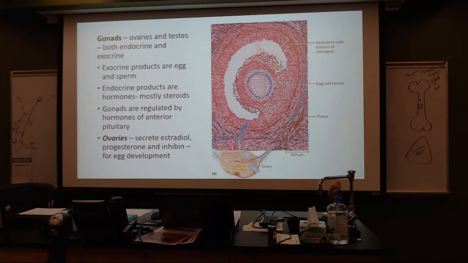The gonads, the testes and the ovaries, are considered to be both endocrine and exocrine. Once again, exocrine is their product of either the egg or the sperm. The endocrine is going to